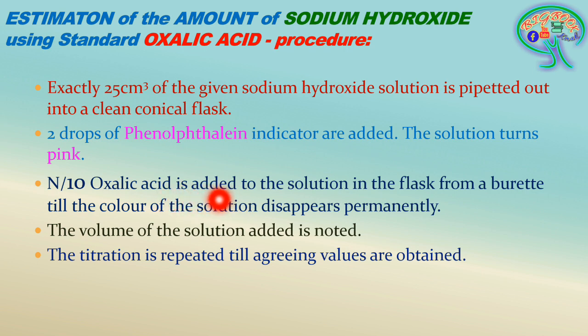So here oxalic acid is added to the sodium hydroxide solution in the flask from a burette till the color of the solution disappears permanently. The pink color is going to disappear at a particular point. So we have to be very careful while running down the oxalic acid. It is to see that the pink color of the sodium hydroxide has to disappear with a mere addition